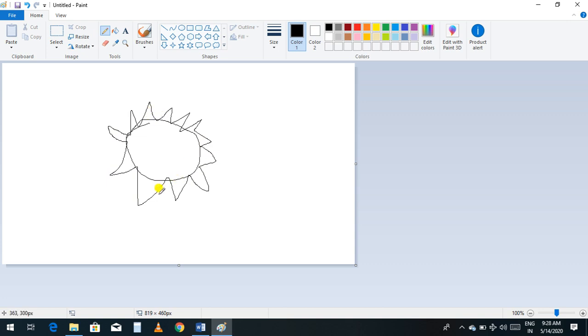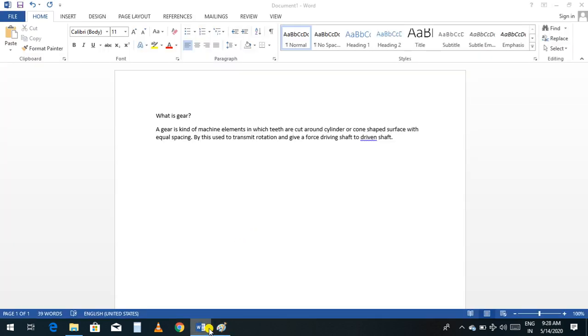The teeth gap is the same, all the spacing of the teeth should be the same. This is the cylindrical gear, and this is the rotation. It will rotate like this, or else like this, clockwise or anti-clockwise. Now we'll discuss the types of gear.